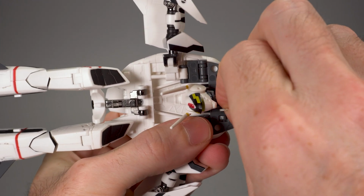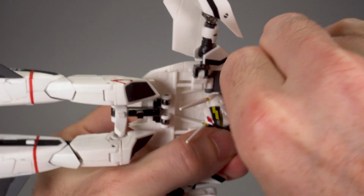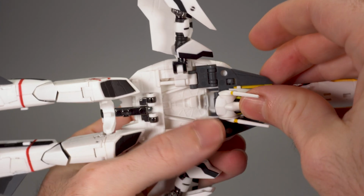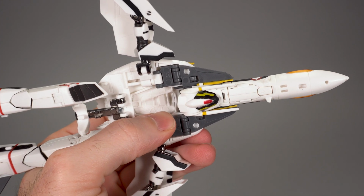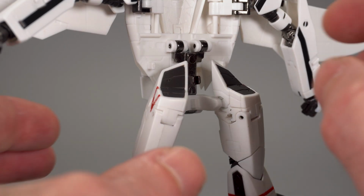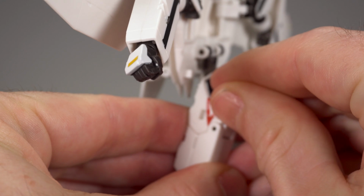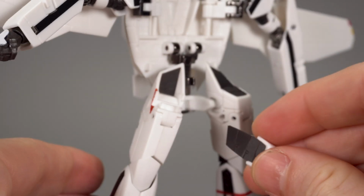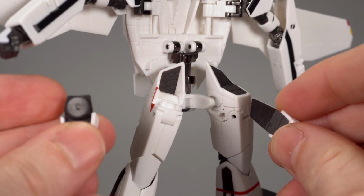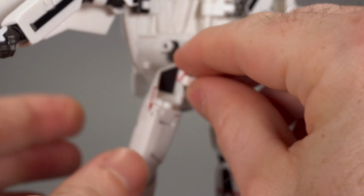You can see those tabs, there's slots for those, so it's a little sloppy here. Get out of there. There we go. Head fits right between them. Lasers come down like so. If you're not a perfect transformation stickler, now is a great time to get a fingernail in and slide up this piece here. And we're gonna grab our piece with the intake fan detail and go ahead and install that